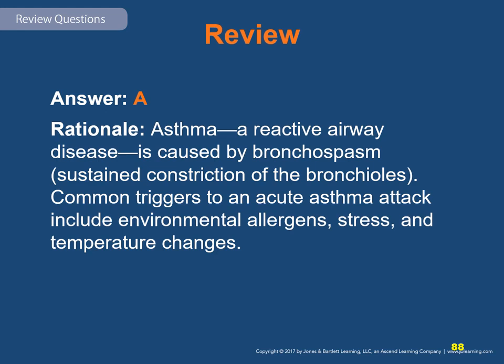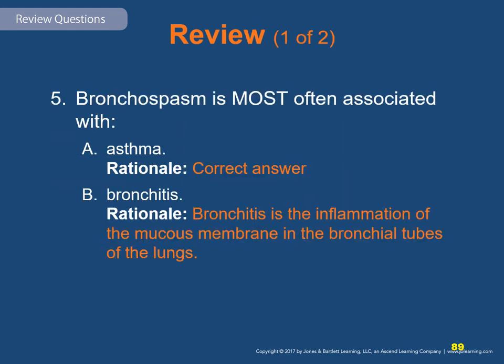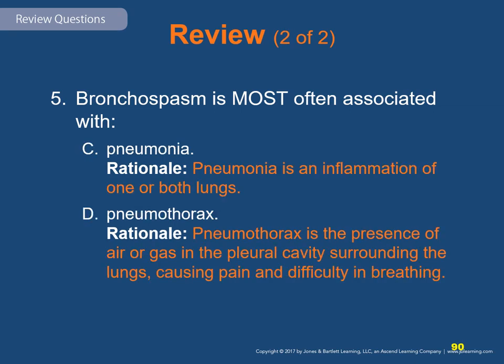Common triggers to an acute asthma attack include environmental allergens, stress, and temperature changes. The correct answer is A, asthma. Bronchitis is the inflammation of mucosal membranes in the bronchial tubes of the lungs. Pneumonia is an inflammation of one or both lungs. Pneumothorax is the presence of air or gas in the pleural cavity surrounding the lungs, causing pain and difficulty in